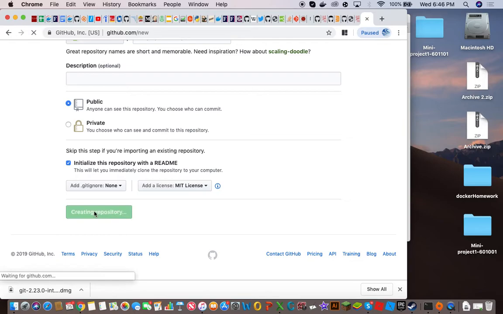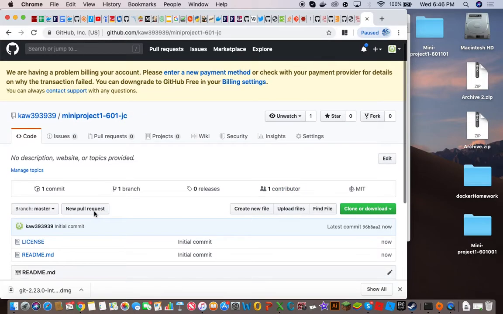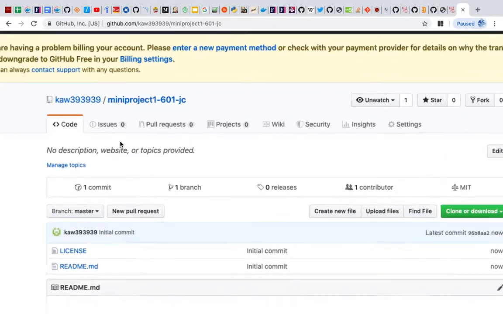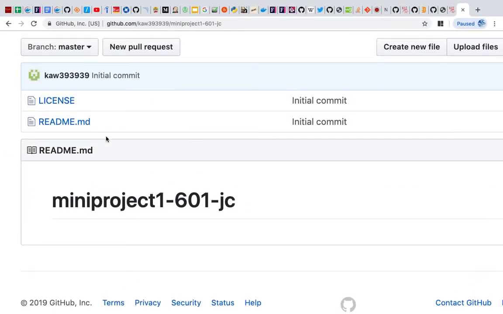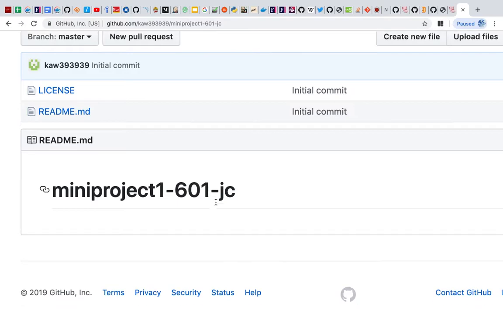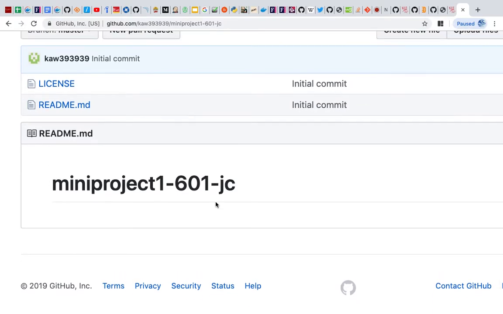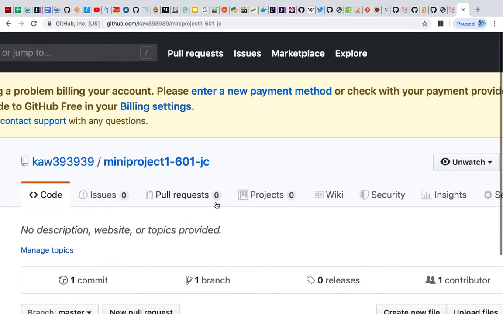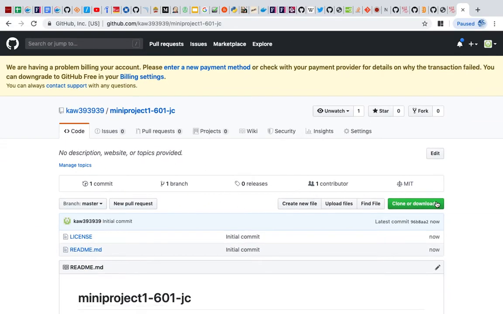So I'm going to create this repository, and blow this up a little bit. So we got a license, and we got a README file, and then this README file, as you've noticed probably, is displayed automatically on the home page of the Git project, right? So what we're going to do is I'm going to take and clone